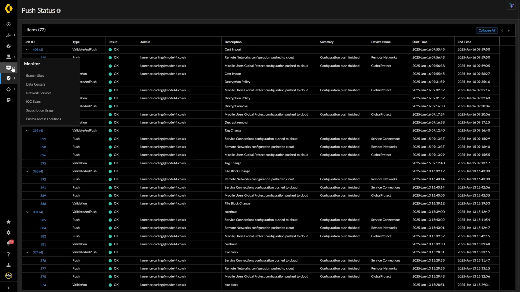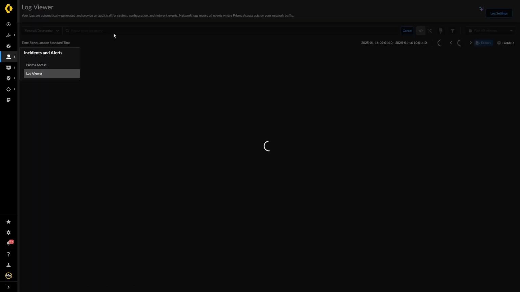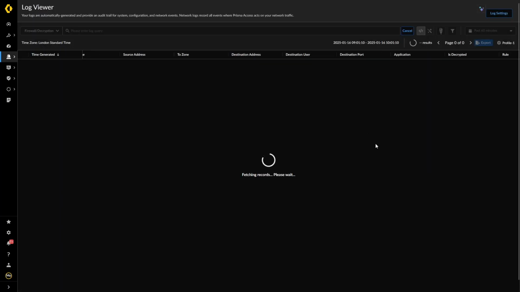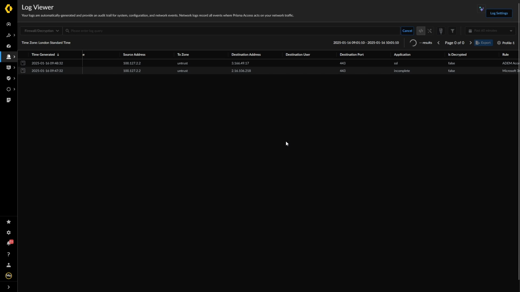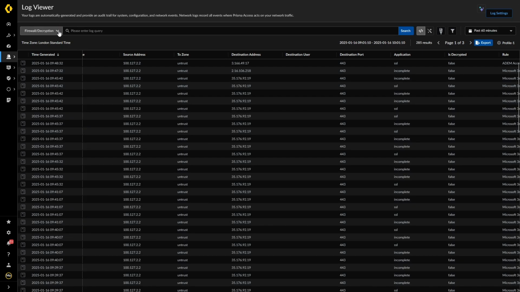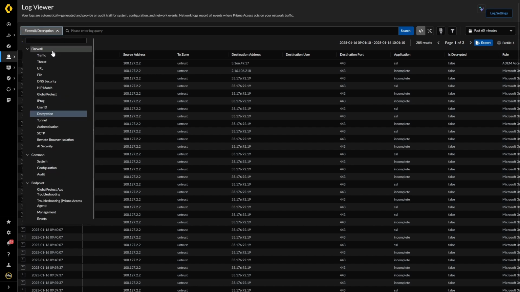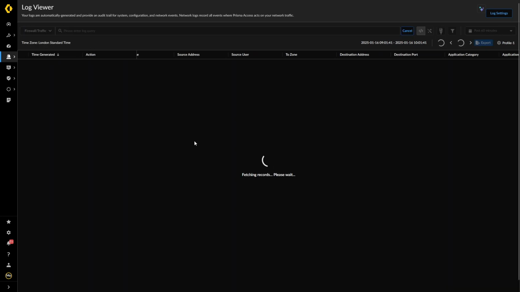Additionally, if we nip back to here, come back into log viewer and have a look at our logs, again based on the fact that, fortunately for me, I'm the only one. We get a slightly different address maybe, and it's running a bit slowly, but we won't see that decrypt error anymore. Although this has defaulted to come back to decryption, so just give me a second. So if we go back to traffic,